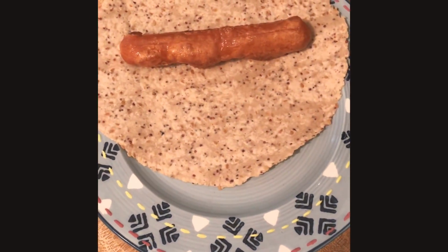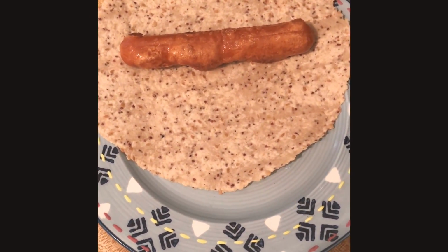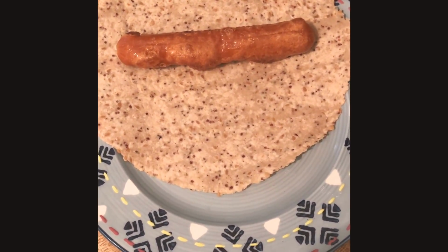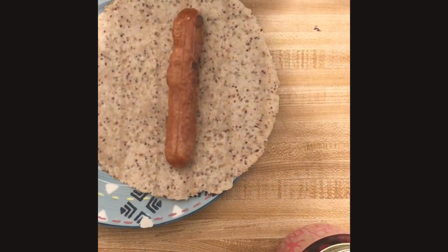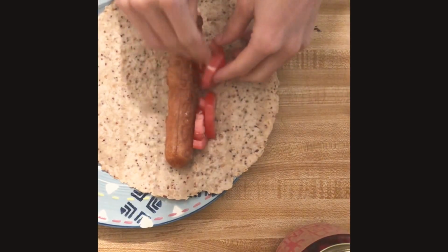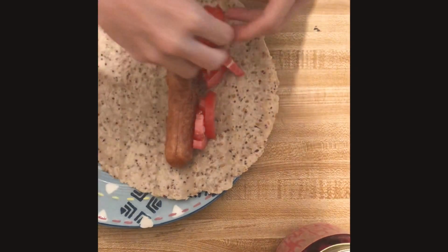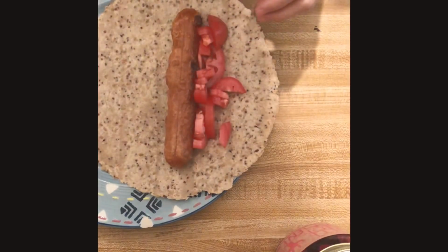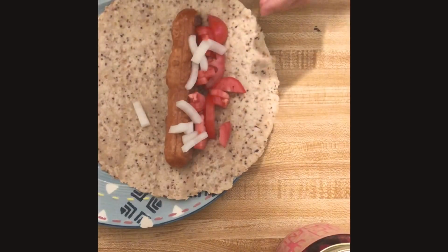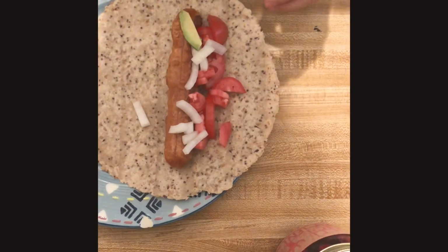The dog is done, so I put it on a wrap. You can also use a bun, and I like mine kind of crispy, but if you like it less crispy, just cook it for less time. Okay, so I'm now gonna add some toppings, so you can just really put on whichever ones you like. And I'm gonna do tomato, I'm gonna do some onion, I'm gonna add some avocado to this,